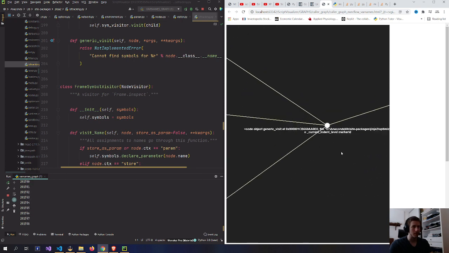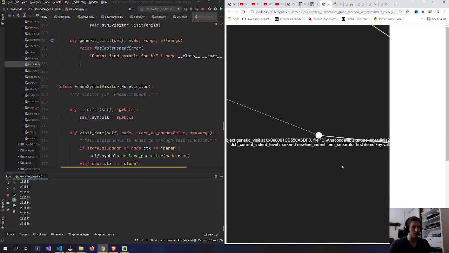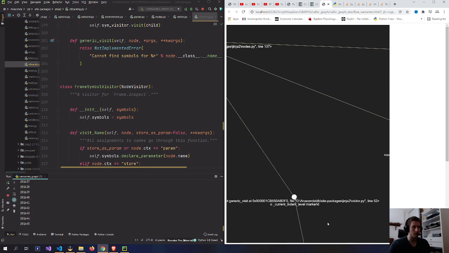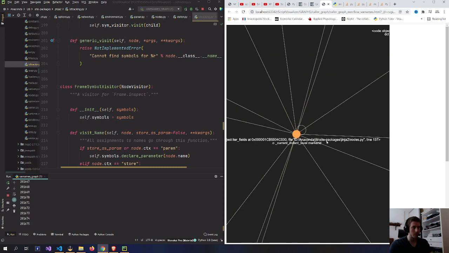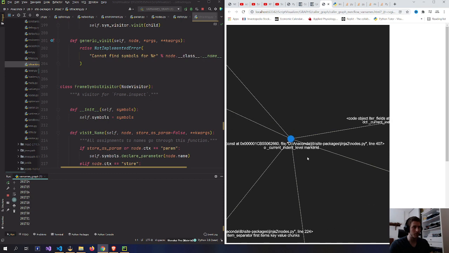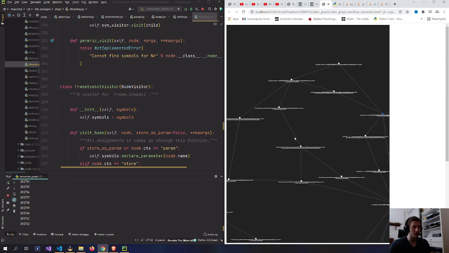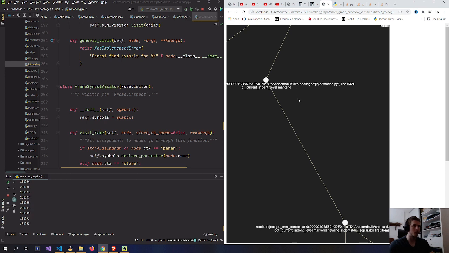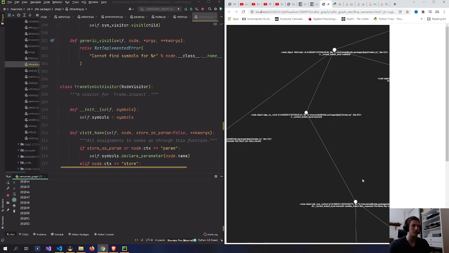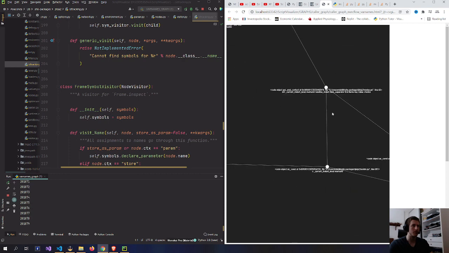So here's still Jinja2, optimizer, visitor, Jinja nodes, also still Jinja nodes. So maybe the NetworkX is just the Jinja2 stuff as well,